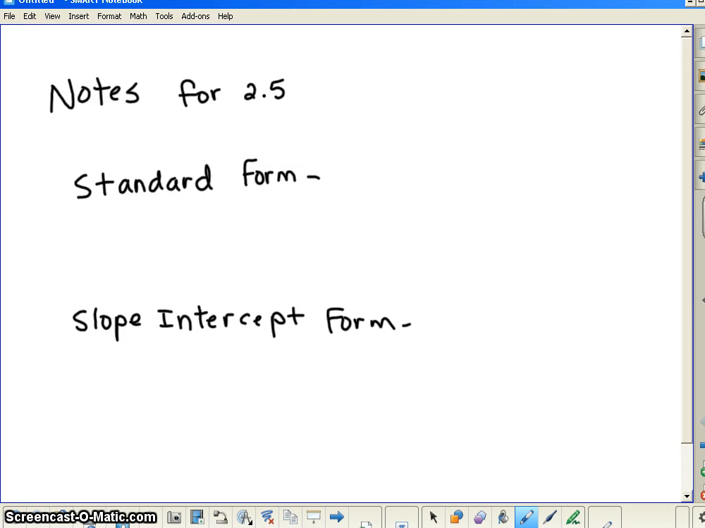Okay, the notes for 2.5. Couple of things we need to know before we begin. Standard form for a linear equation is going to be ax plus by equals c. Okay, an easy way to remember what the standard form is